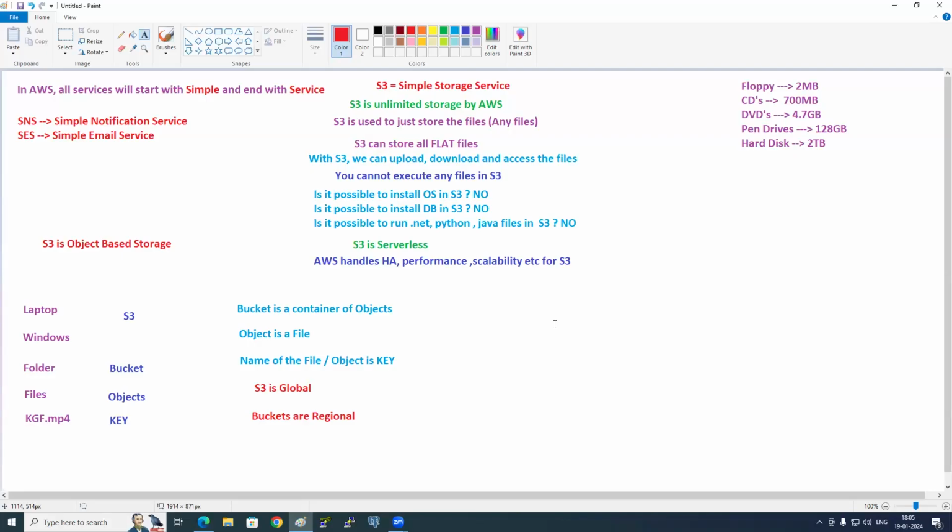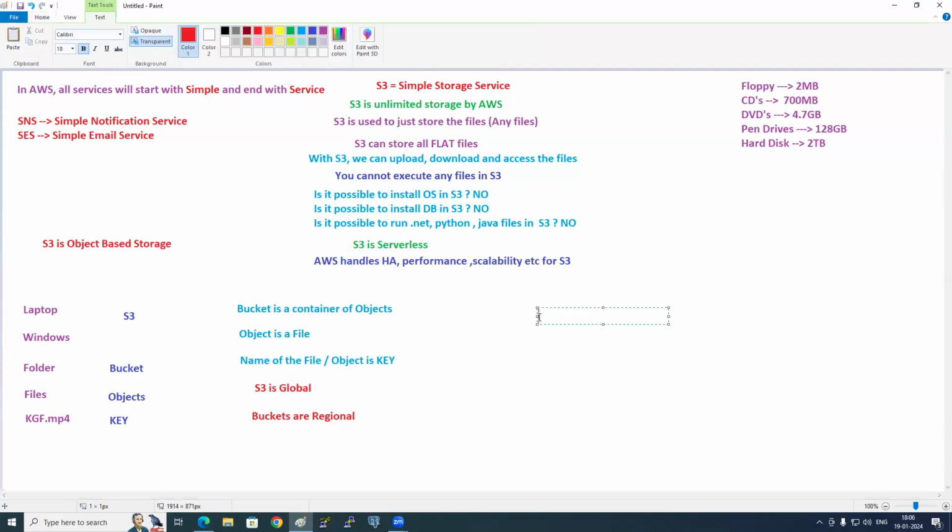In EC2, you launch an EC2 instance, you go and deploy, you set up everything yourself. But in Beanstalk, you give the application, and Beanstalk will do it for you. Now, for a simple static website, you need not go to EC2 or Beanstalk. S3 supports static website hosting. You know how easy that is? Very simple. Create a bucket, upload all your static files, enable static website hosting. S3 will give the URL, give that URL to the customer. That's it. It's very easy, right? So here S3 supports static website hosting.